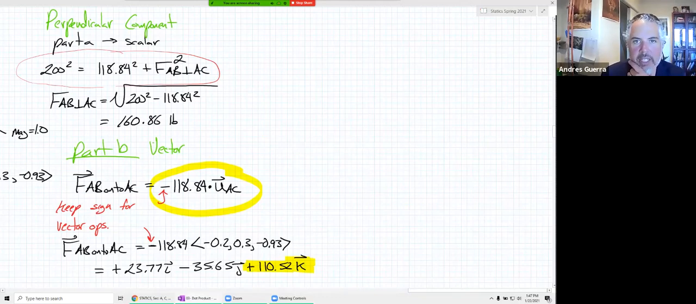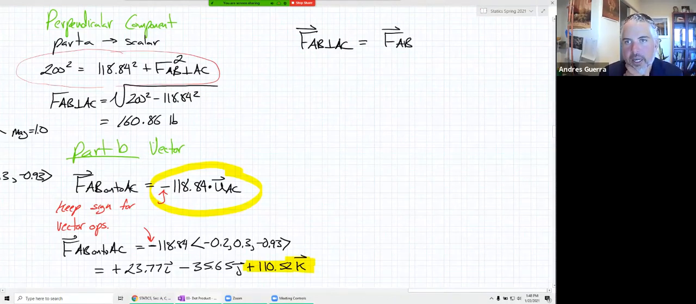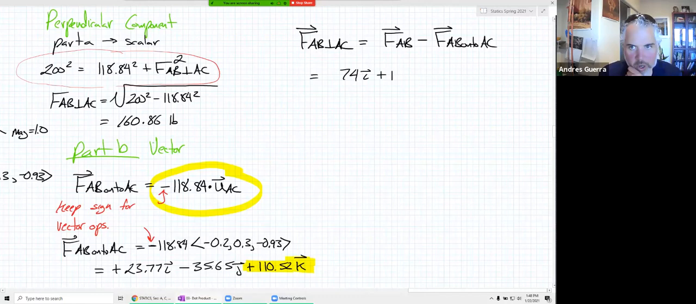Okay, and then our last one here is we can find the vector that's perpendicular to AC, and that is simply going to be taking our original force vector and subtracting that force vector that we just found, the AB onto AC. Our original vector was 74i plus 112j plus 148k. And then I'm going to subtract off the one that we just found, which is